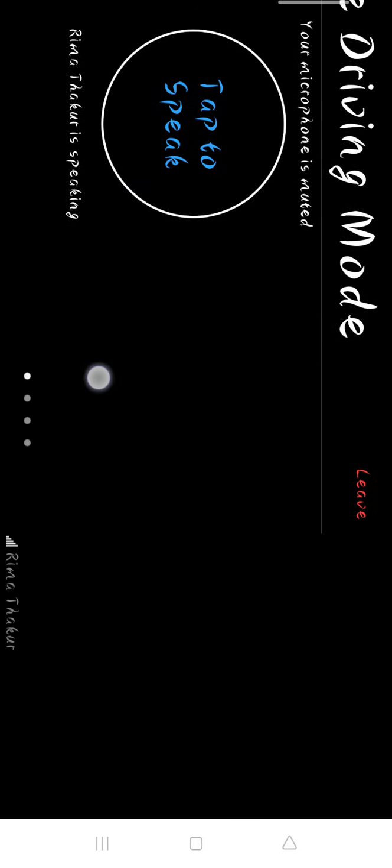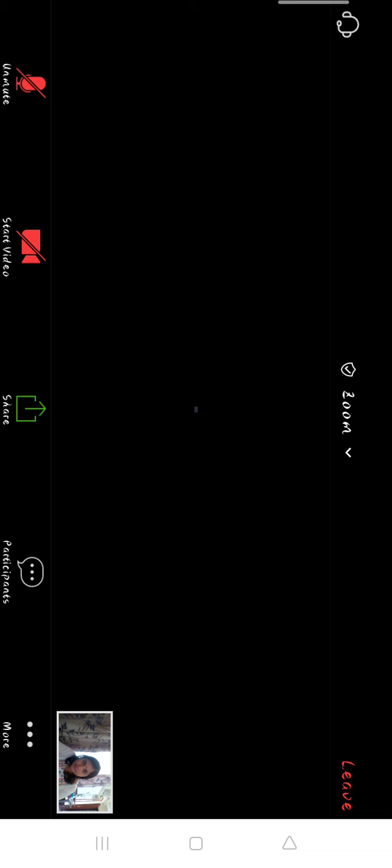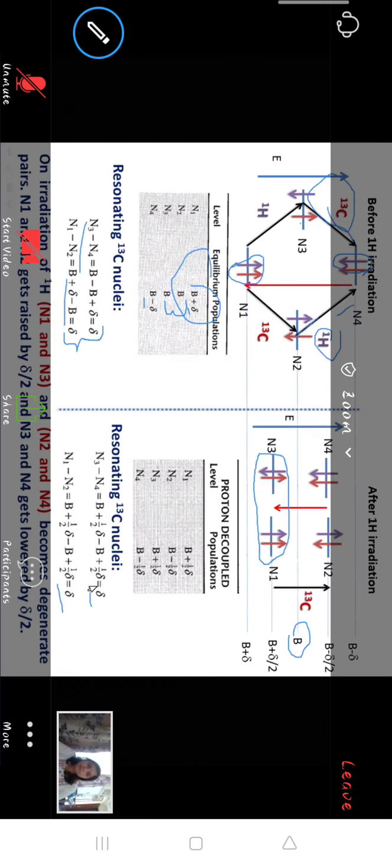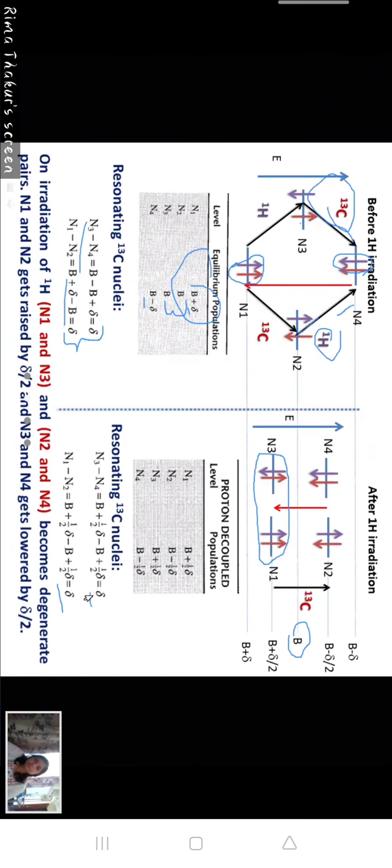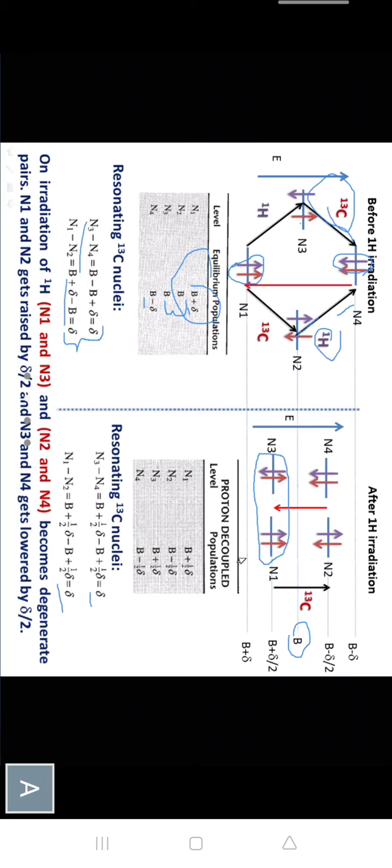So what happened? Was there any enhancement? No. The total number of nuclei that were resonating earlier and the total number resonating now are the same. So till now we have not observed any effect of enhancement. But see one thing,